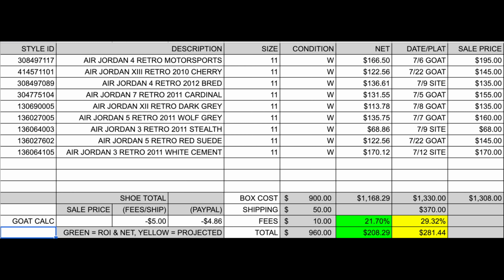Not saying that that's low, but in comparison to the rest of the boxes in this series, an estimated return of 29% is pretty low for a Sole Supremacy beater box. And now, spreadsheet time. The actual gross sales for this box totaled out to only $22 less than the estimated gross at $1,308. And then after subtracting all costs, all fees, shipping, and so on, we're